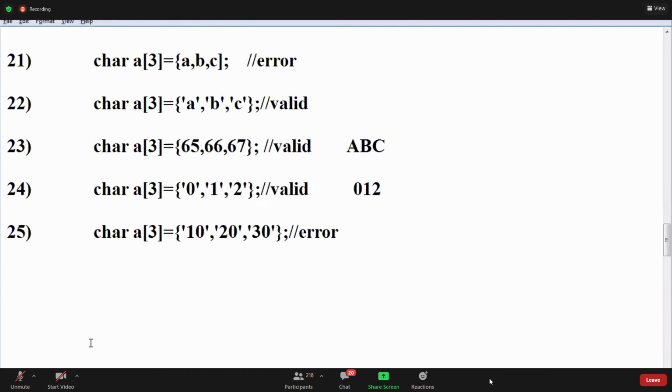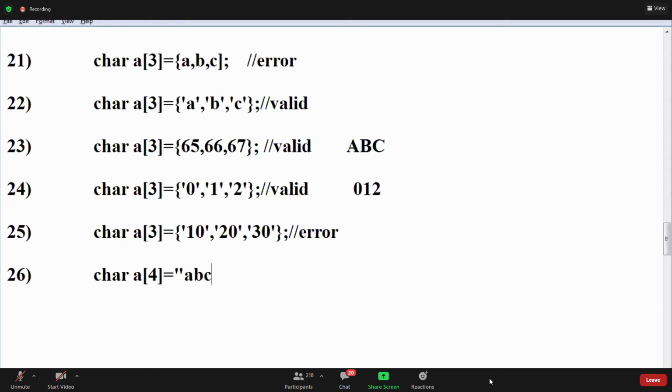Yeah, 26th one, guys. Can I write the 26th one? This is a string array, guys. Can I take a string array? Character array of 5 equals to, or character array of 3 equals to, or can I write like this, A of 4?